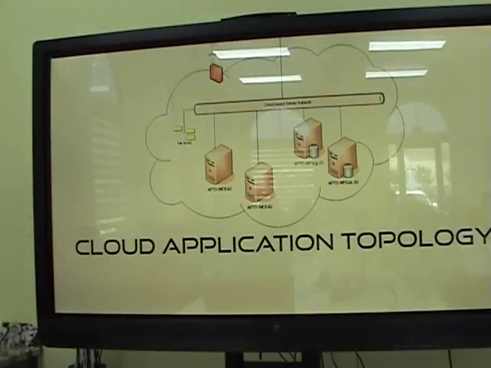If you take a very simple application that's deployed in AWS, this is how it is deployed. You have some web server, you have one VPN, you have some